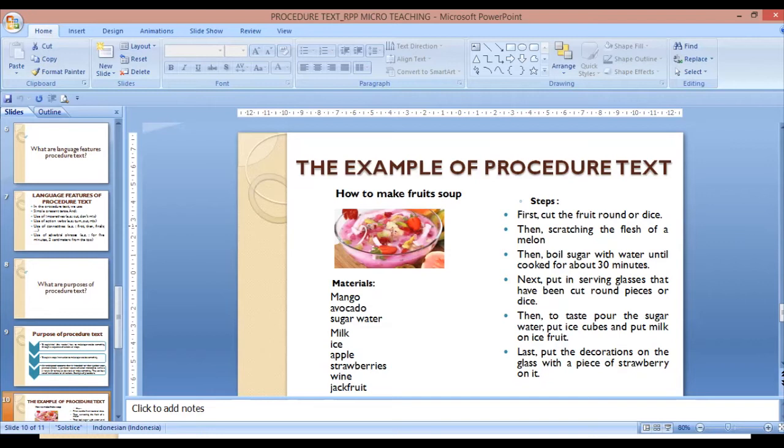And do you understand what Mbak Paramita said? Like Mbak Paramita said, the goal or aim of that example is how to make fruit soup, and then the next generic structure is materials like mango, avocado, sugar, water, and others. And then the steps are first cut the fruit round or dice and so on. And then the next